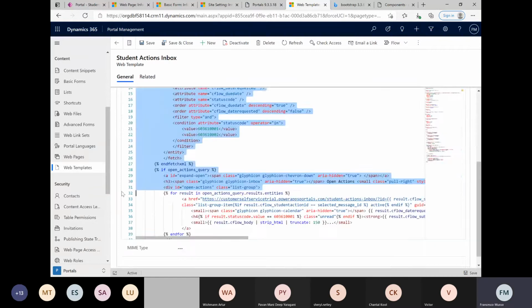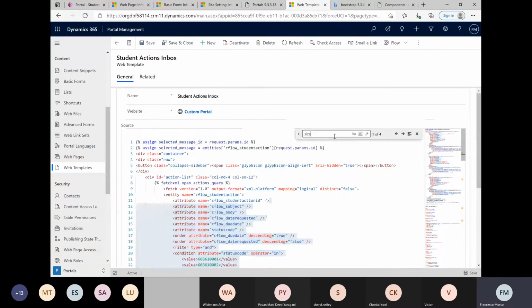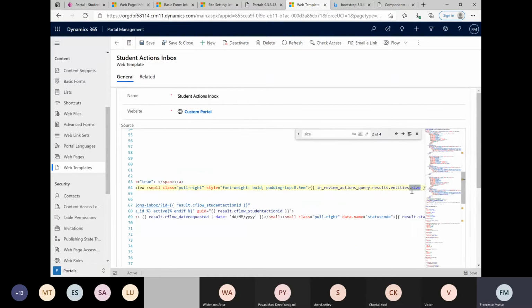Useful property with liquid called .size. So what I can say is of my query, in this example the in review actions query, results.entities.size tells me how many results there were. But you can also use it to test the length of some of your fields. So maybe you want to say if a text field has got more than 100 characters, do something special with it, or